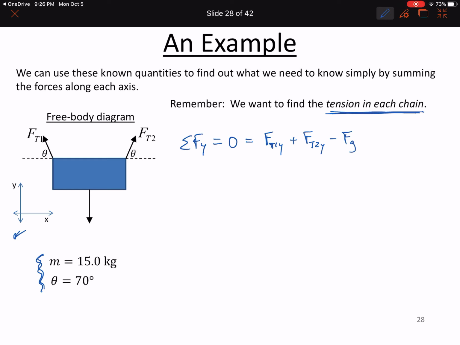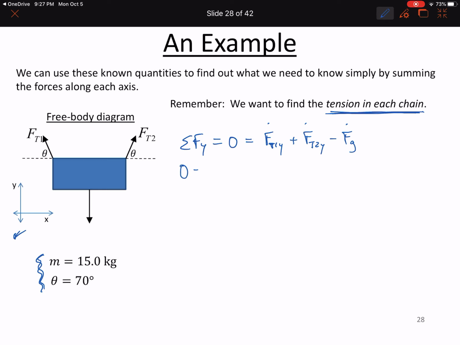Now, I could have left these all as little vectors and just summed them all up and not put in the information that we know about direction, but I just skipped that step. So we've got these two that are positive, so upwards in the y direction, and this one that is downwards, negative in the y direction. And we can write down, let's see, what do we know about this? Well, we know that F sub g is equal to m times g. And we know something about the